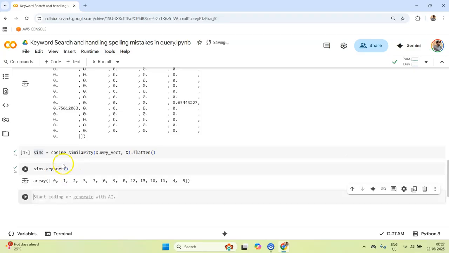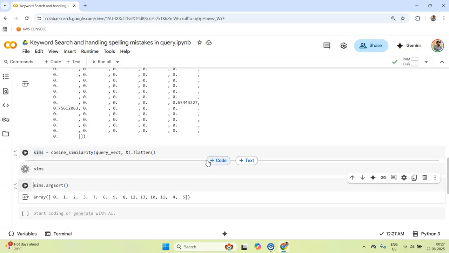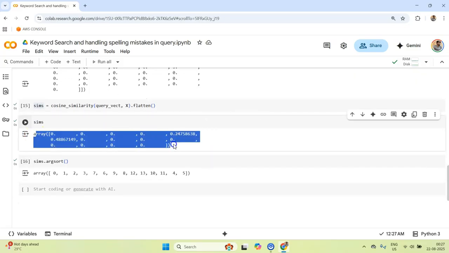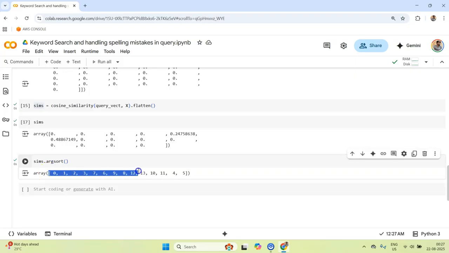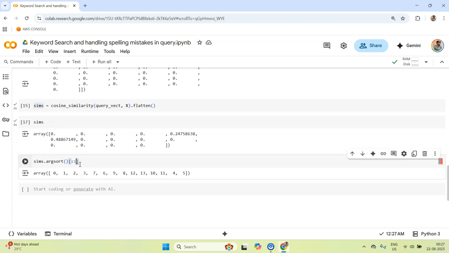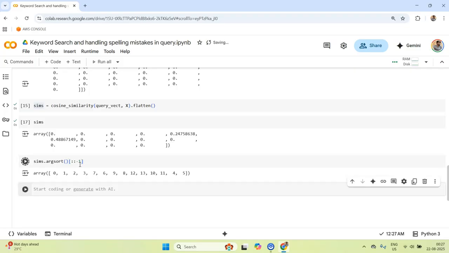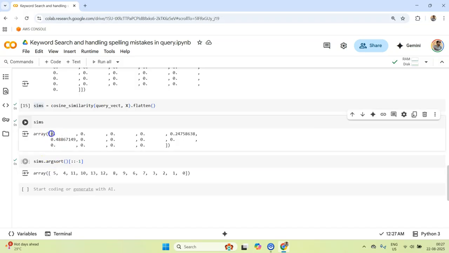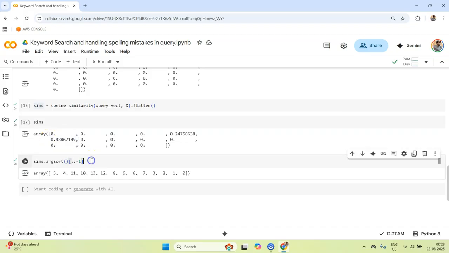So if I run this, let me run similarities as well. What it has done is sort the similarities, and it is giving you the index of the order. But here, if you see, it is giving you 0 first. 0 means the first value, and the first value is 0. I don't want to necessarily sort it from lower to higher. I want the reverse. So I can simply call this Python constructor, and this will reverse the operation. Now it's saying 5 is the largest entry, which means 0, 1, 2, 3, 4, 5, and it indeed is the largest entry.